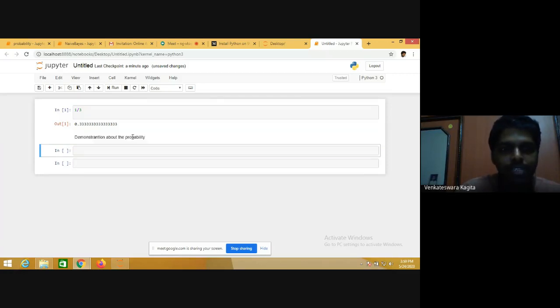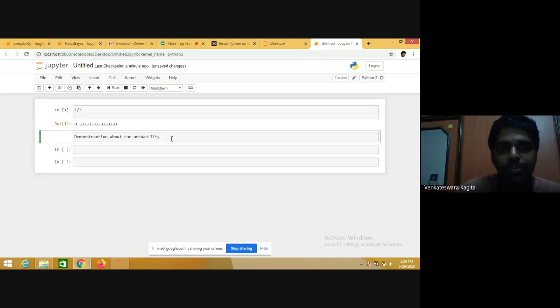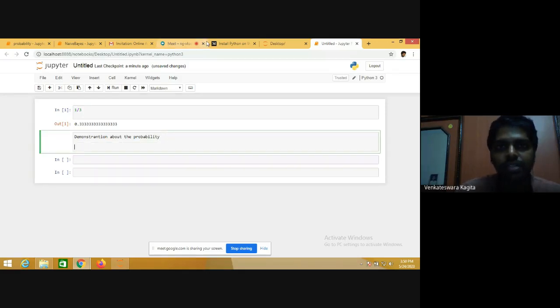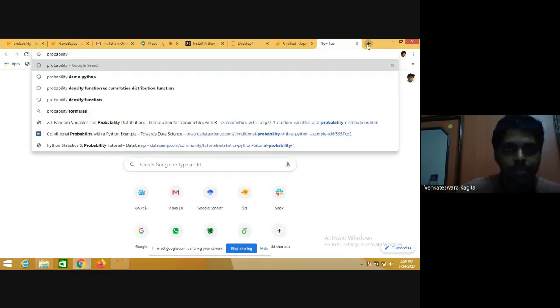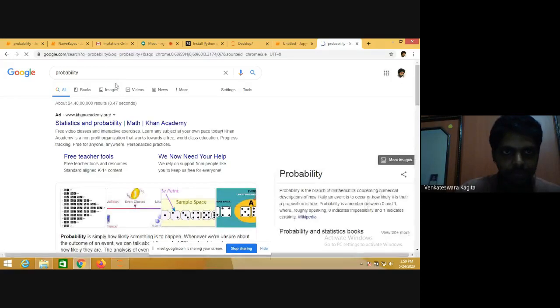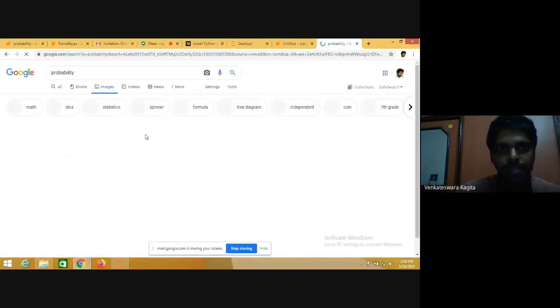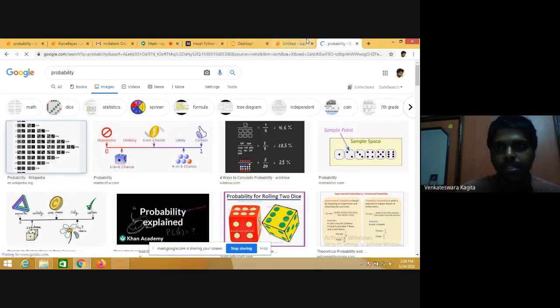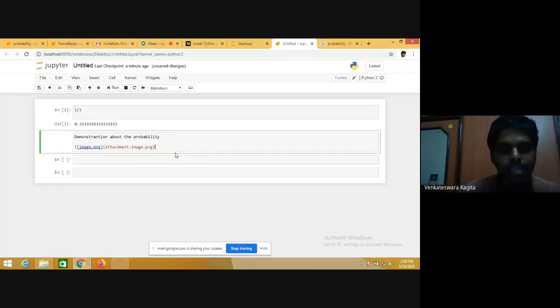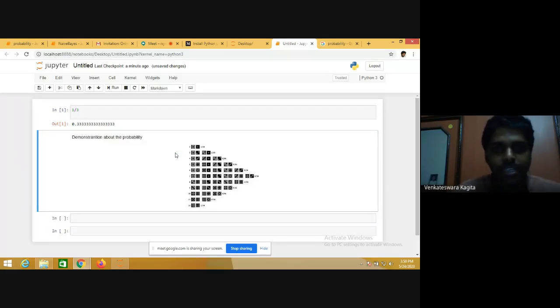This is what I want to write, so it just writes the text. If you want to give some image here, you can also do that. Let me take some image. I'm just copying this image. Control enter or shift enter works. So if you want to provide some images to the reader, you can also do that.